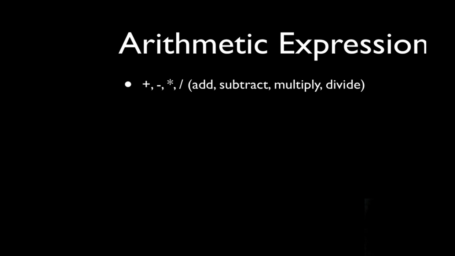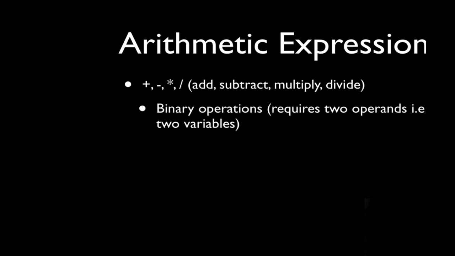In terms of arithmetic expressions, we have all the usual culprits in the C programming language. So we've got the plus operator, the subtraction operator, multiplication, and division. And these are binary operations, of course. They require two operands, two variables, or two values. And if you've learned another language that has a C pedigree, you'll be very familiar with the syntax for expressions